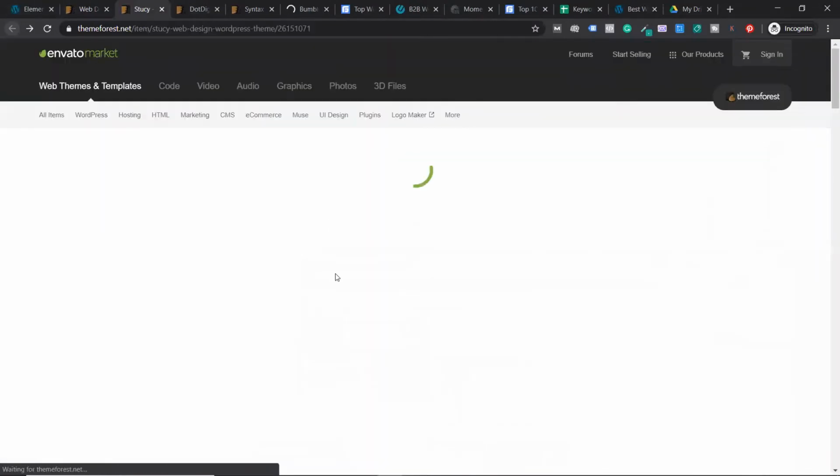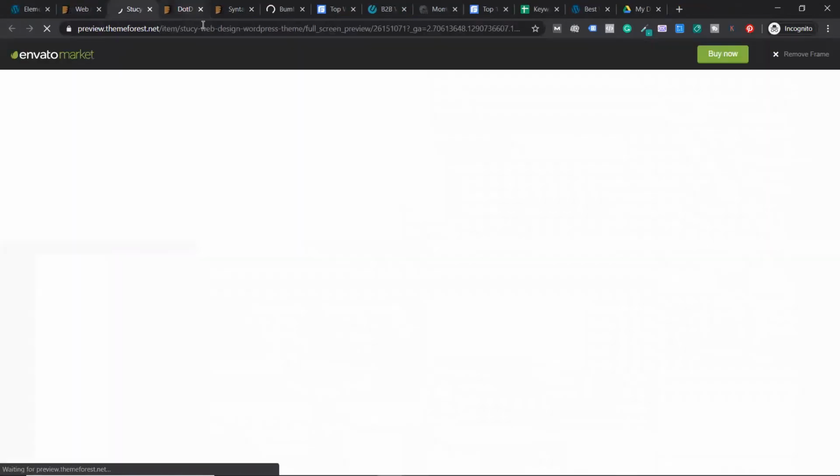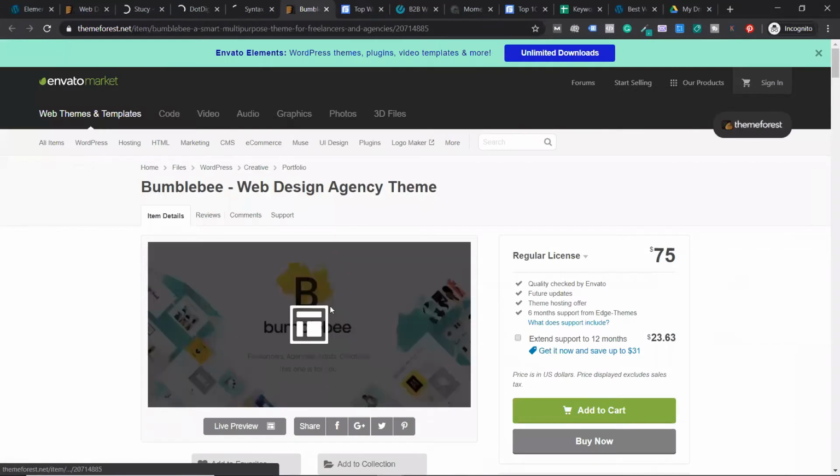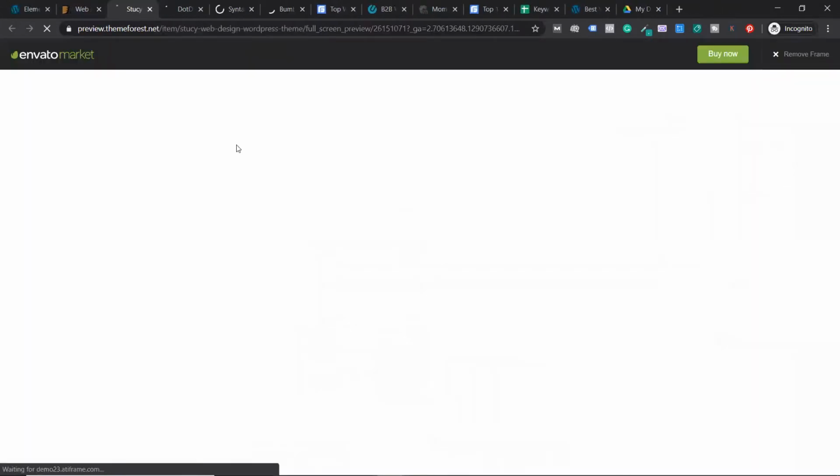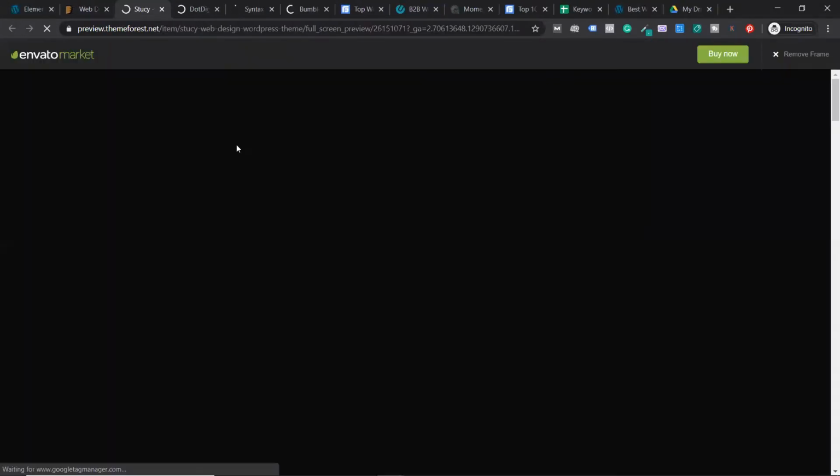You'll never have to buy a single one here, because everything you see, 99% you can implement in Elementor, Divi, or any other page builder. Okay, so if you want to import a template quickly, you buy them. That's all. Now you can go through them and get some ideas, and see how well they have built it, what type of logos they are using, and what type of header section.